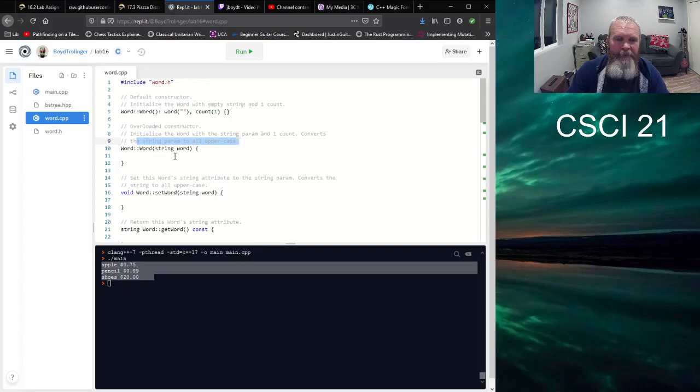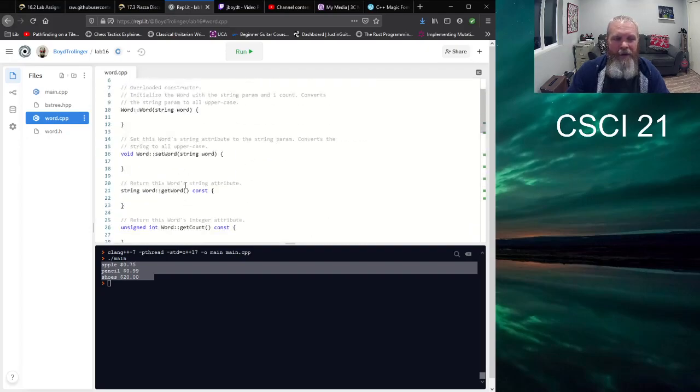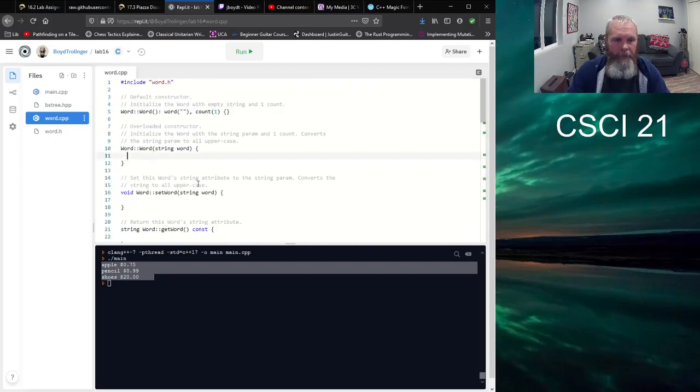So I am not going to use an initializer list because I want to use my function down here that takes a string and returns a string that's all uppercase. So we're going to say this word equals upper, the argument word, per